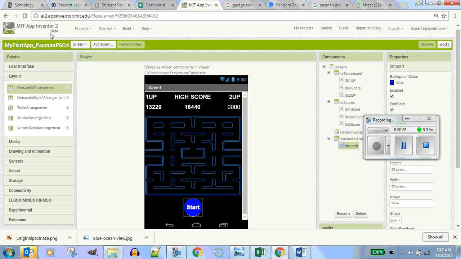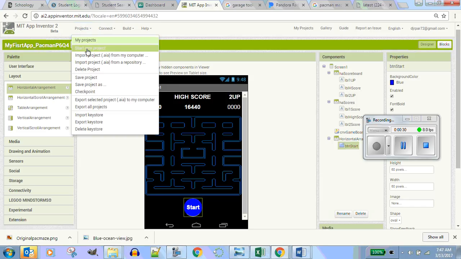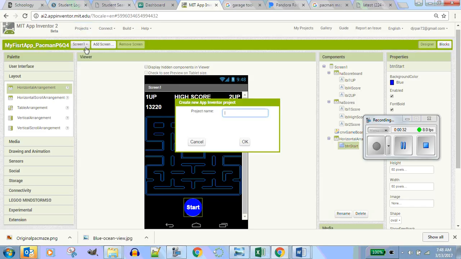All right, so you're going to make your first app today called Digital Doodle. So you want to go to Projects, start a new project. It's going to immediately ask you for the name. Everybody in here should know the name of the project. What's the name of the project? Okay, capital D, Digital Doodle